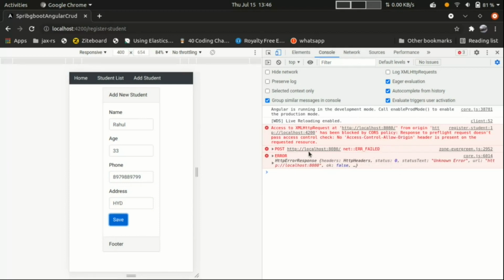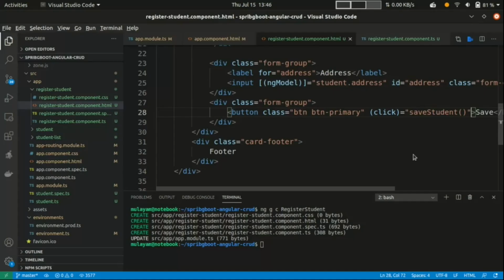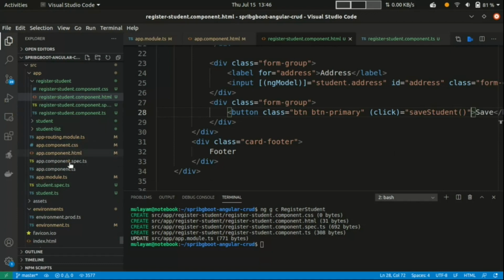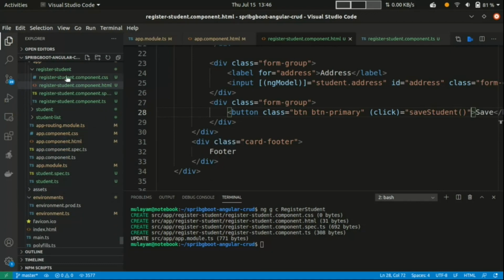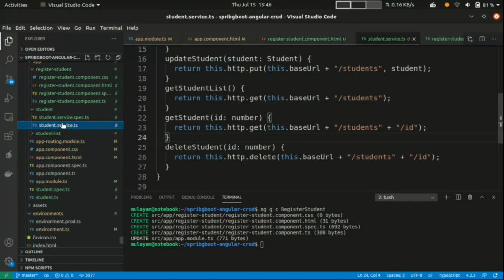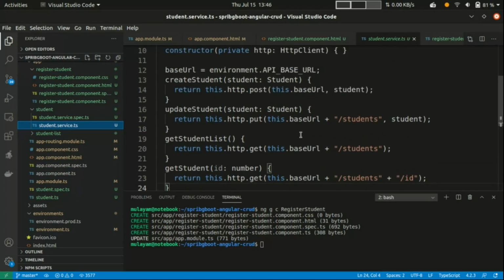Localhost 8080, we are not able to call. I hope it is enabled. Student service. Go to student service. Sorry, I missed something here.